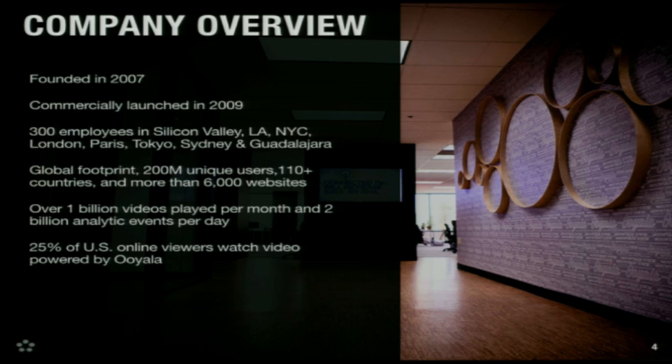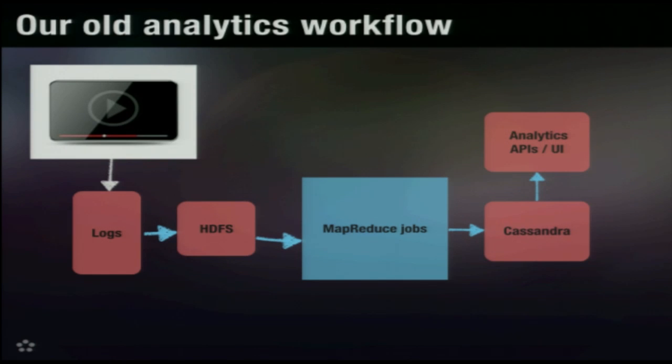Since the beginning, we've been heavily focused on analytics. The current workflow works like this: someone watches video, we pipe data through HDFS, and we run giant MapReduce jobs that write to Cassandra. This is fine, but it's not very fast. It takes 1 to 2 hours. We also compute very static aggregates in Cassandra, which doesn't allow you to do advanced queries. So we wanted to see how we could do better.